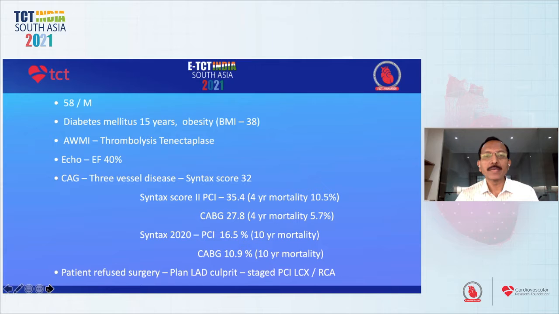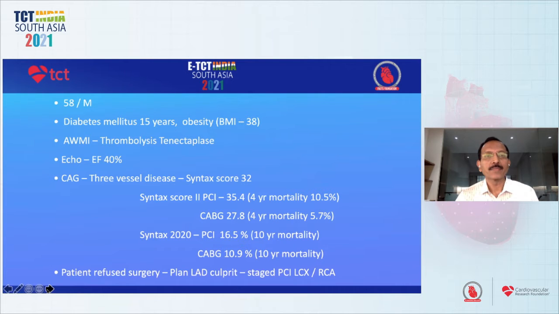His SYNTAX 2020 score showed a 10-year PCI mortality of 16.5% and a 10-year CABG mortality of 10.9%, with a mortality advantage of more than 5% with CABG. However, the patient refused surgery. So the plan was to do culprit vessel LAD angioplasty followed by staged PCI to circumflex